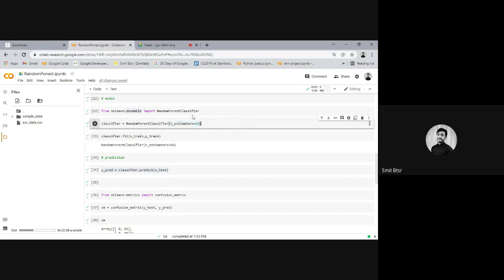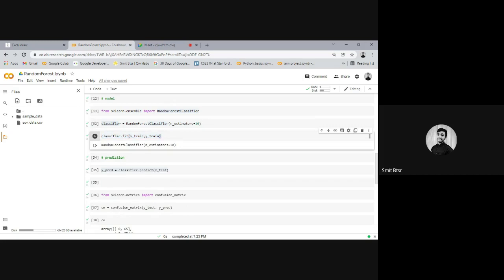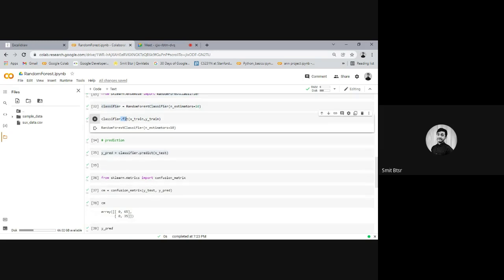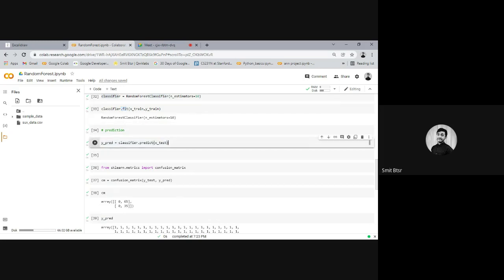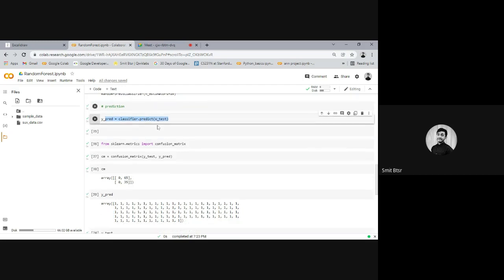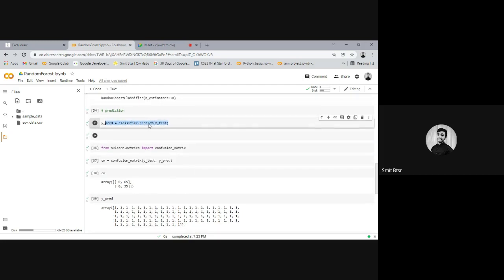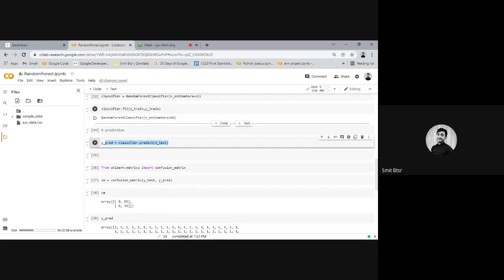First we import it, and then we create an instance, right? Then we fit. The fit is basically the training method. This would be the same for all the models. Then we need to see how to predict. This also will be the same for all models. The main purpose of doing all this hands-on is to identify how we should structure it, how we should start, how we should proceed, and what steps we should do.